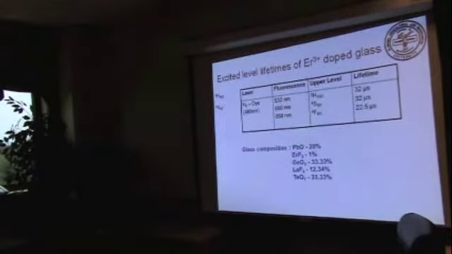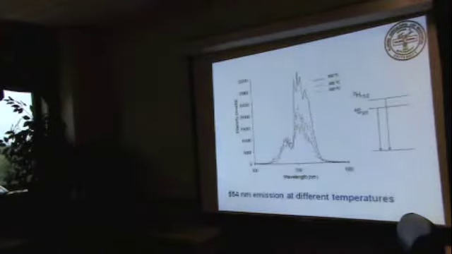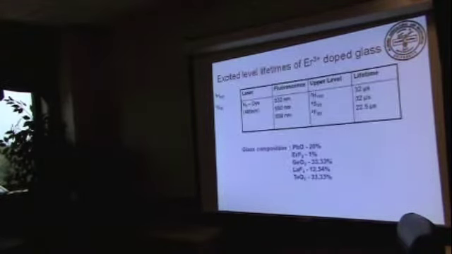This was done in some PGT glass, and it was done with a pulsed dye laser. The lifetimes you see, the two levels, they show the same value. The reason being, this gap is small, so this level population sustains so long as there is population here. That's why you see those values are the same.